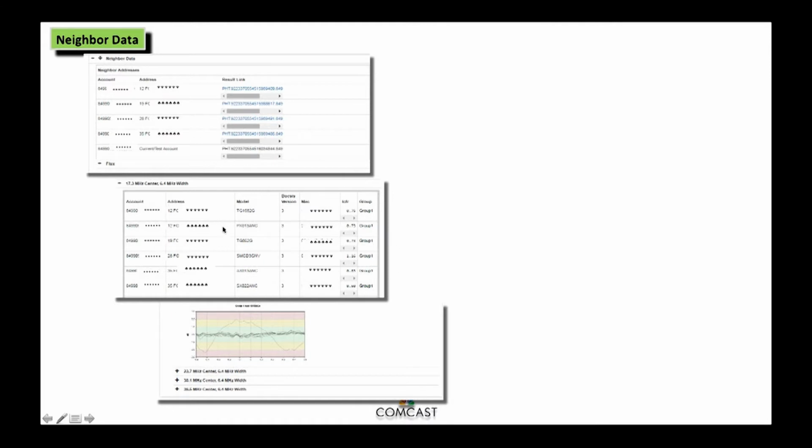Here it's giving you more neighbor data at 17 megahertz. You can open up different QAMs, as you can see, flux signatures, and right now you can open it up. I have the 17 megahertz QAM opened up, but it also gives me the option to open up the neighbor data on 23, 30, or 36 also, and I can see what's going on, what kind of ICFRs they got, how they're grouped, what group they're part of as far as the flux signature,